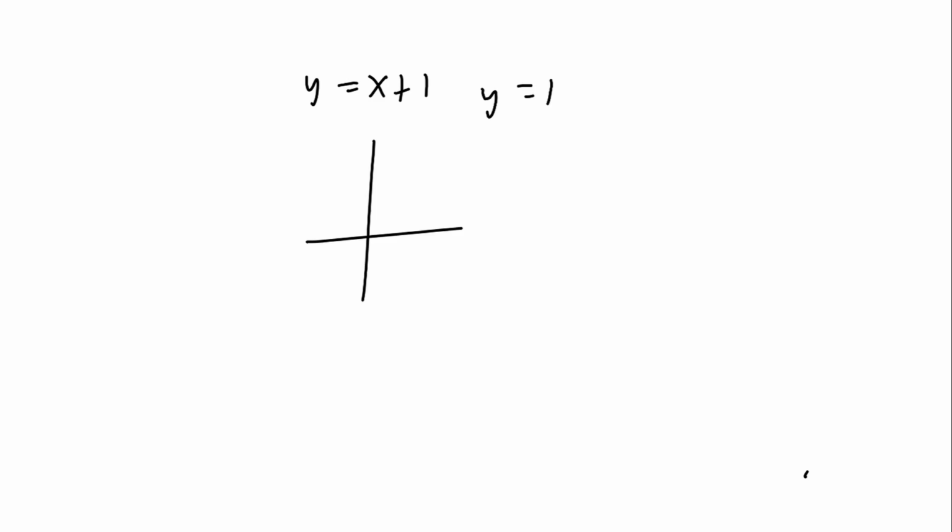So y equals x plus 1 looks like this, and then y equals 1. And we're going to go from x equals 0 to 2, so that basically means we've got a triangle here that we want to rotate around the x-axis. So what we need to do is the washer method. So I'm going to take this strip here, and I'm going to rotate that all around the axis like